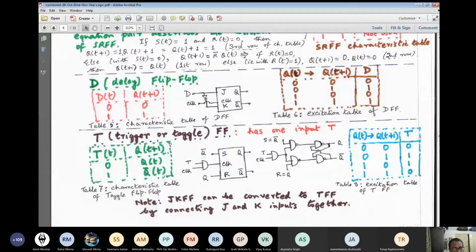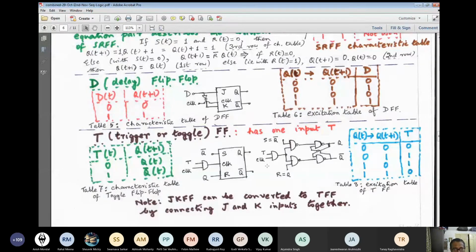Now, from the simple SR flip-flop, we can get it like this. The clock, along with the excitation input T, is driven via one AND gate, and we just feed the outputs Q bar and Q back. This is the way I have drawn the detailed diagram. Here I have a total of 4 NAND gates, and only one AND gate is added here.